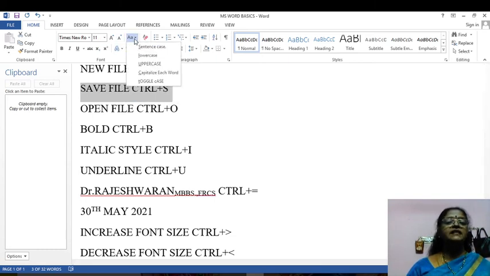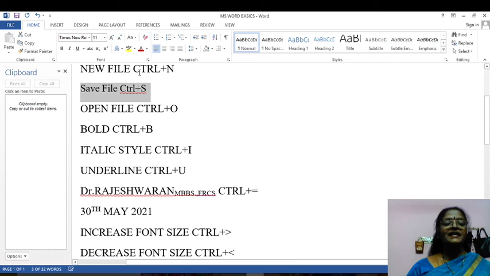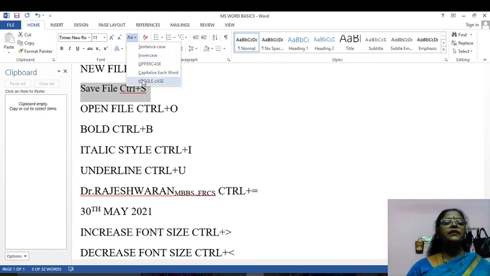Select capitalize each word, and only the first letters change. Choose toggle case, and the first letter only changes into lowercase while the other letters are capitals. See here, so this is the method.